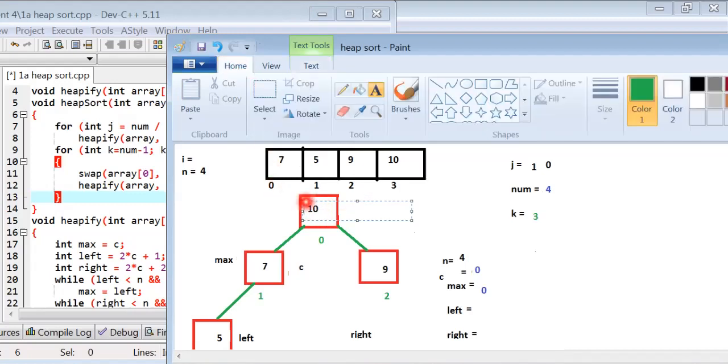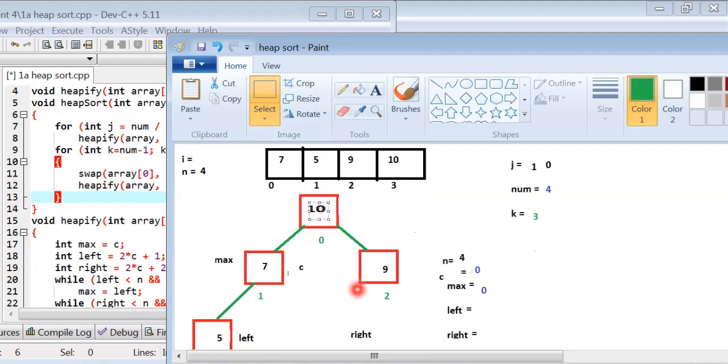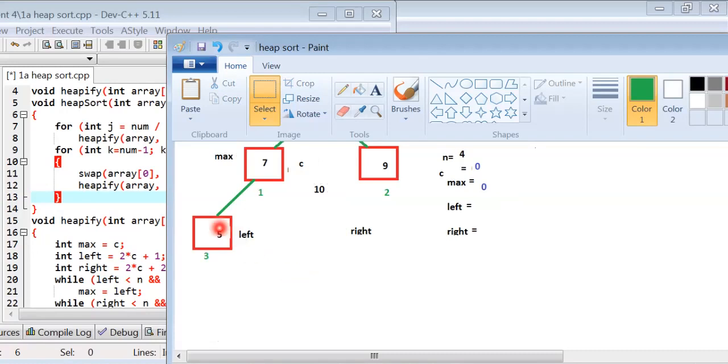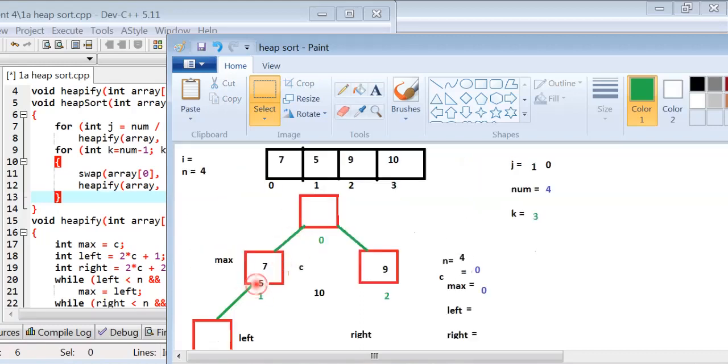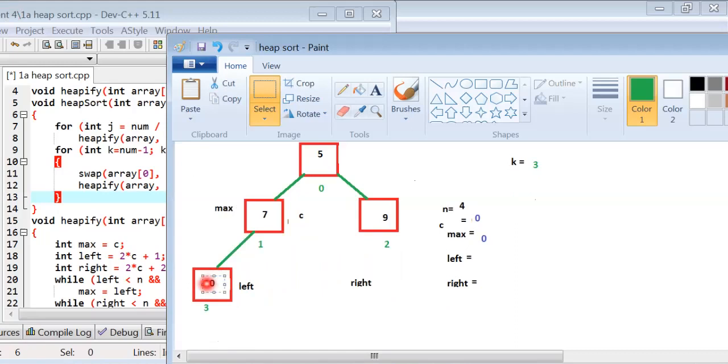10 is removed here and 5 is removed here, and 5 is inserted here and 10 is inserted here.